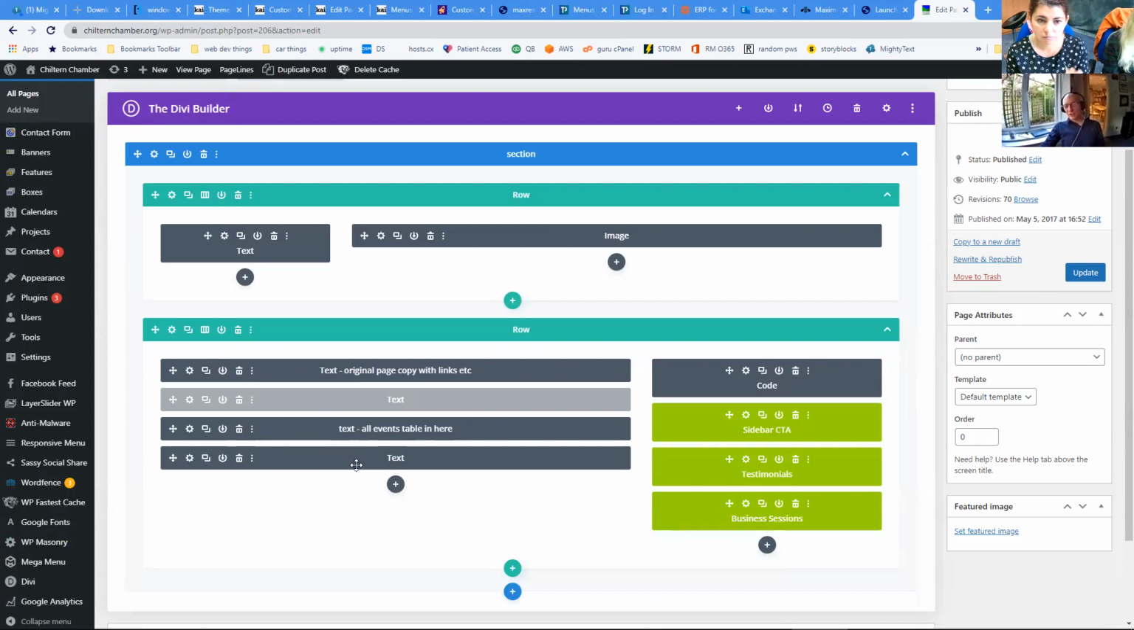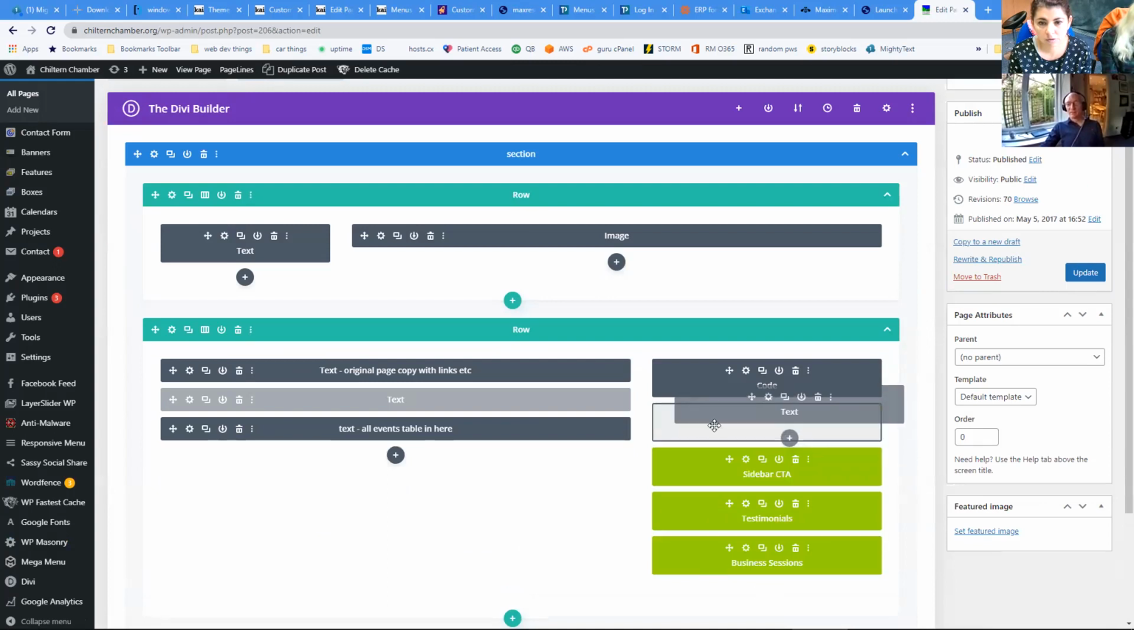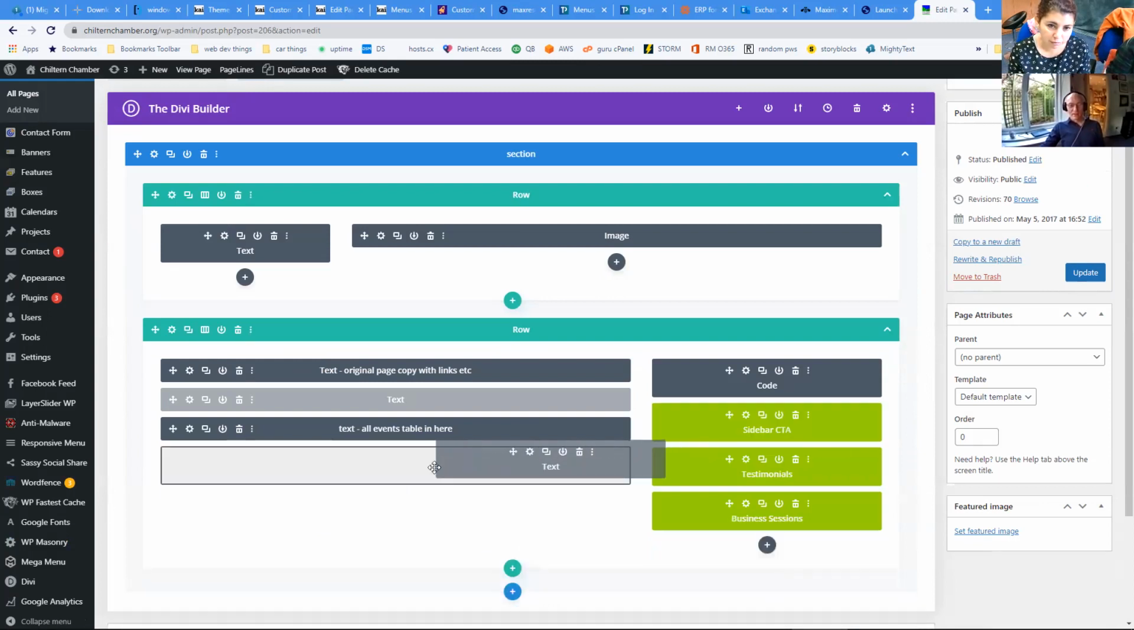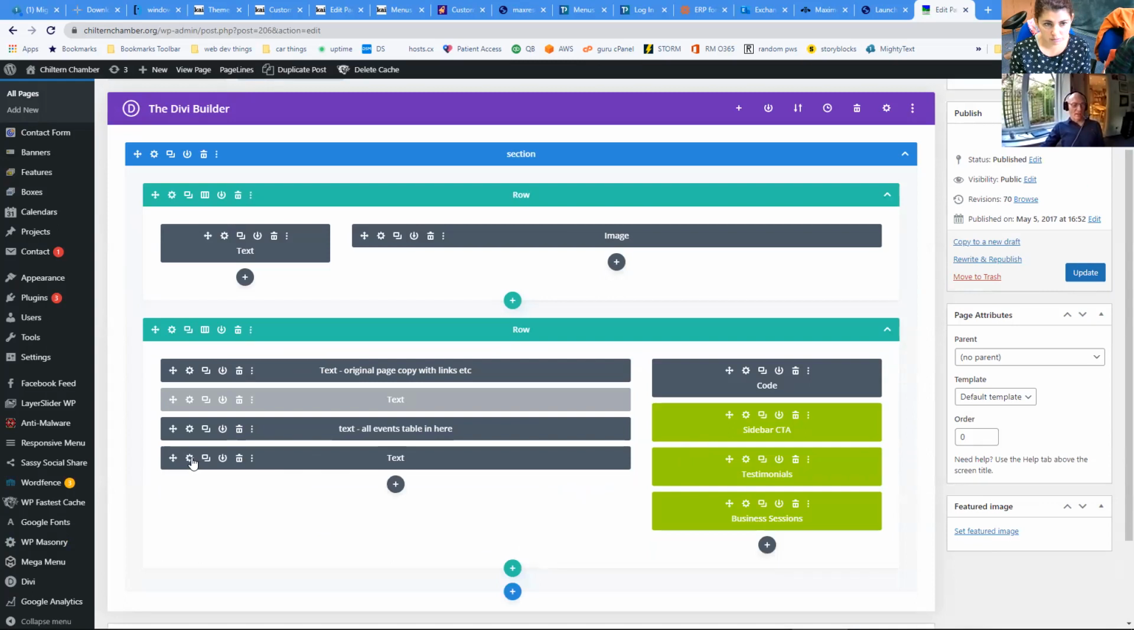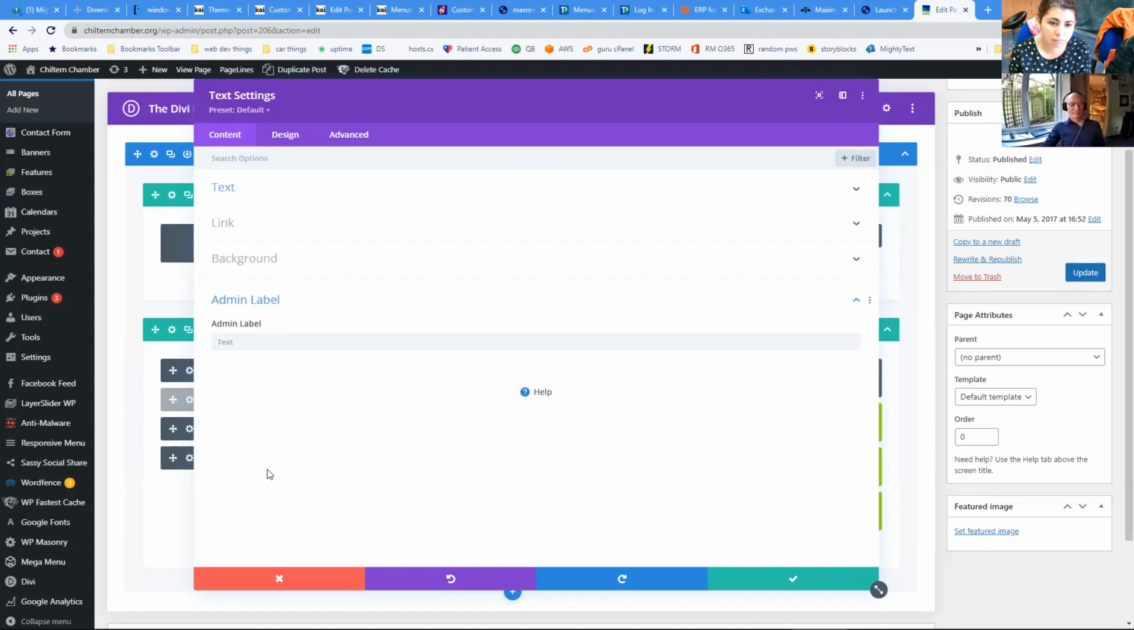So, yeah, what you could do with this as well, if you didn't want to have it below there, you could put it in the sidebar. You could put it there, move it up to there. It's quite a big block, isn't it? So I'd imagine it needs to be wider rather than narrow. Anyway, in each module at the bottom, there is the admin label. You can just see here. And it's quite useful to put a label on your modules in the Divi Builder so you know what each thing is. So I will say